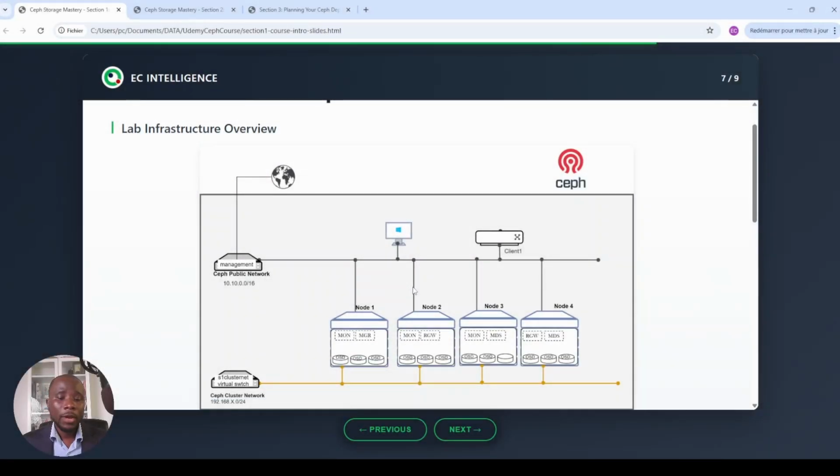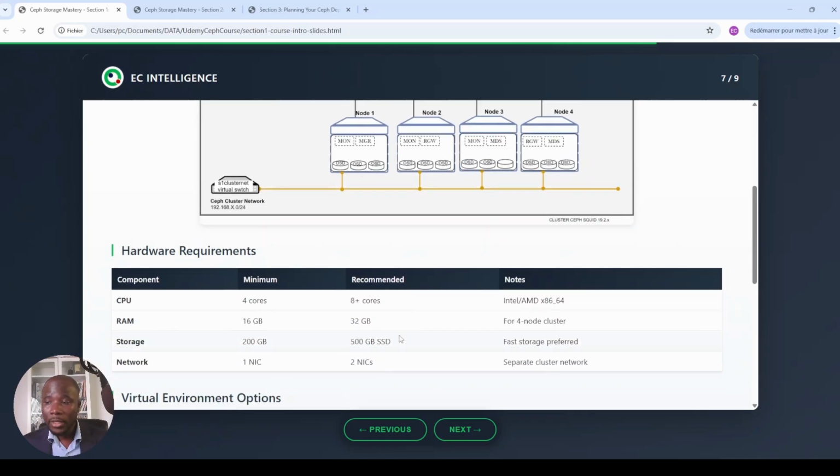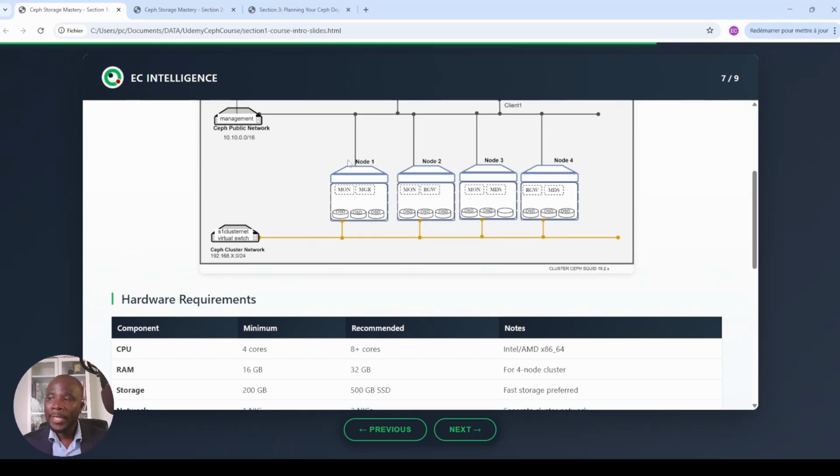And here is our lab environment that you will use during this whole course. I will give you an overview. We have a 4-node deployment. We have two networks: the public network for the client access and the cluster network for data replication on the OSD part. And regarding the hardware requirements, in my case, I use 4